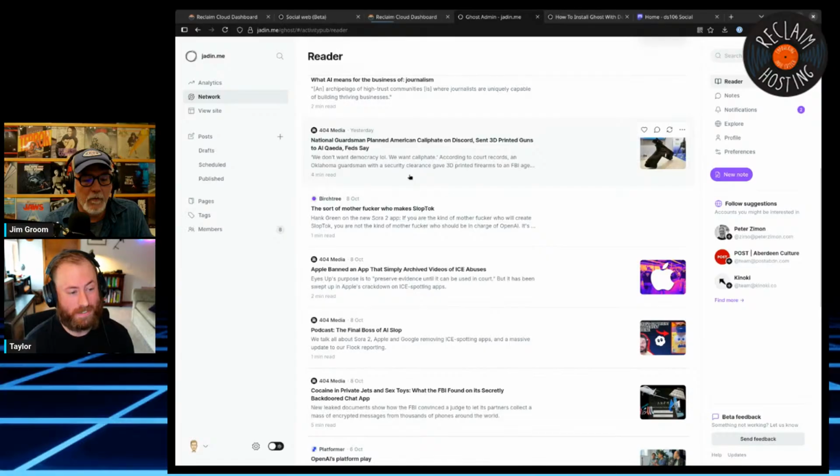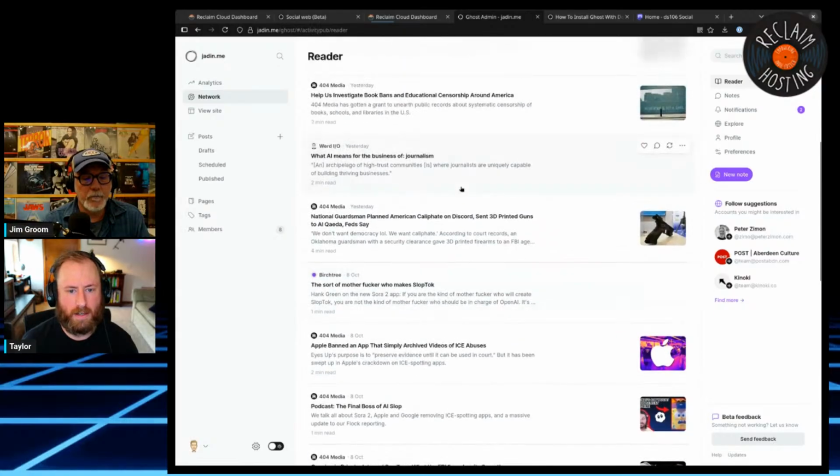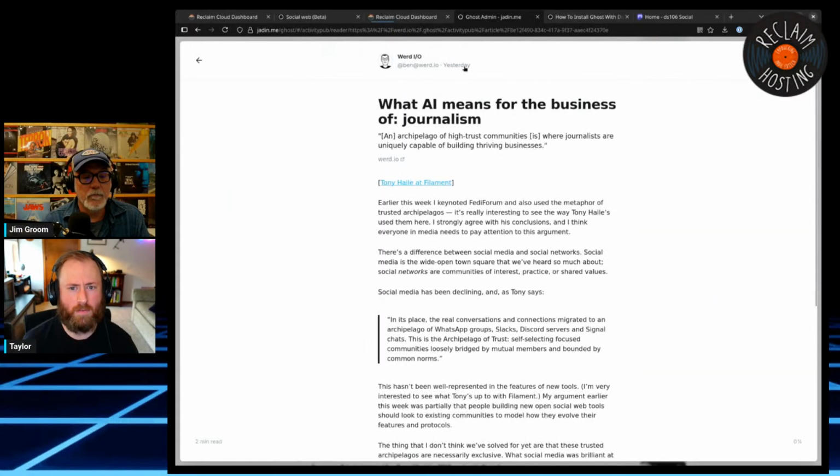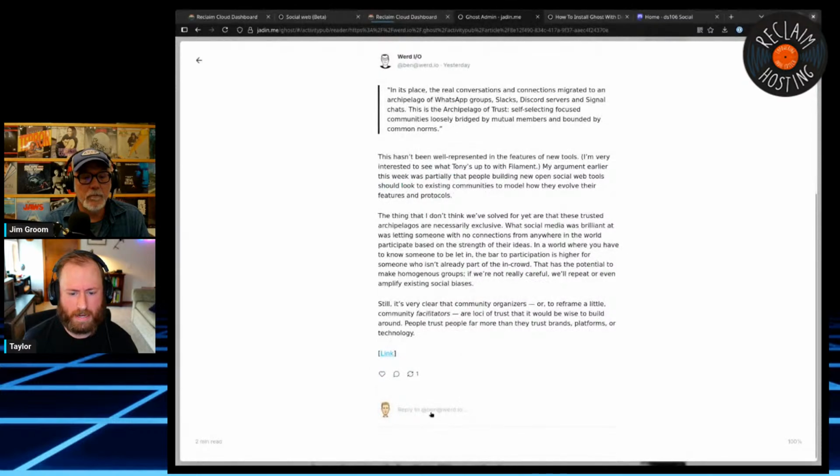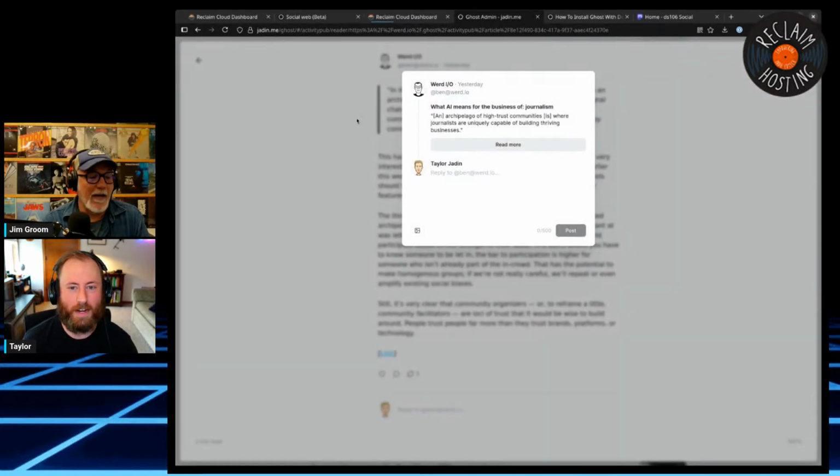So this is interesting to me. There is a separation in Ghost between long form and short form with the Fediverse support. So these are posts, newsletter, blogs, whatever you want to call them. They're long form. It's the main posts thing. So when I click on this, I can see like Ben Werdmuller's post here. And I can even reply right here, which I find without logging in. That's nice. Yeah, because I'm in as myself in the Ghost admin.